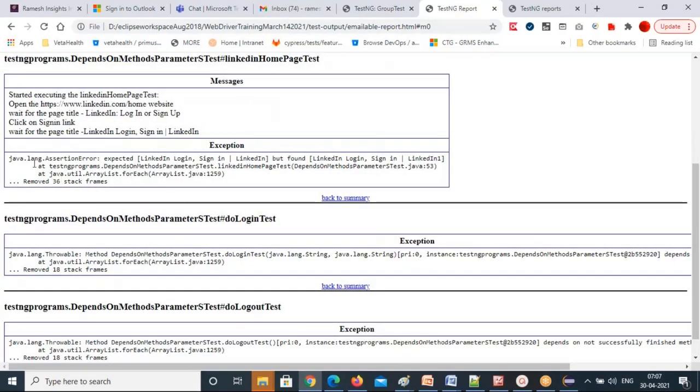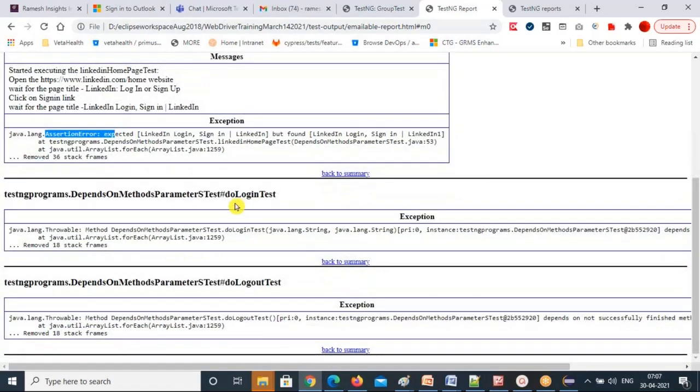What is the reason? See that? Java assertion error: expected this title, but found this one. You gave the wrong one, that's why you got the assertion error. And for the other methods, do login and do logout, why didn't they execute?